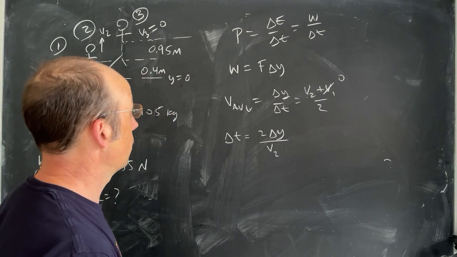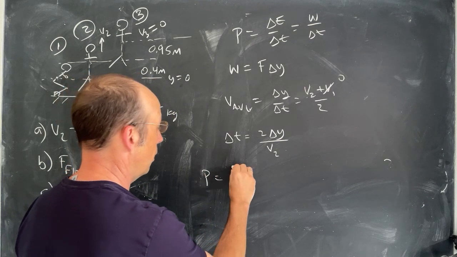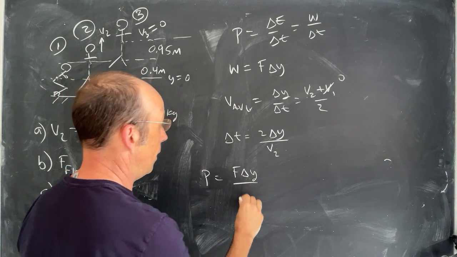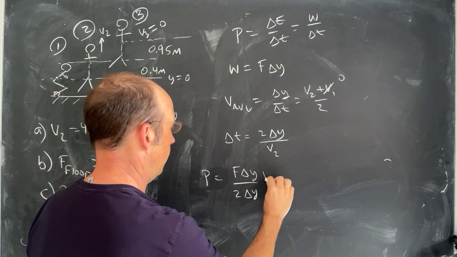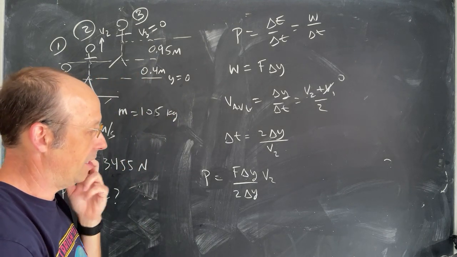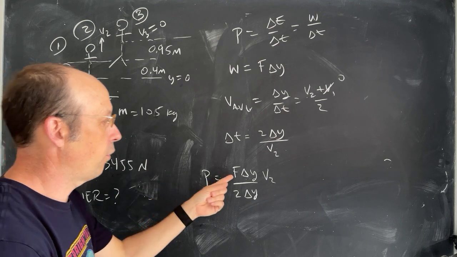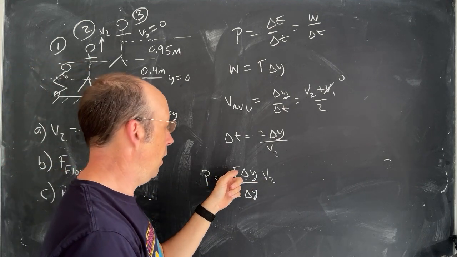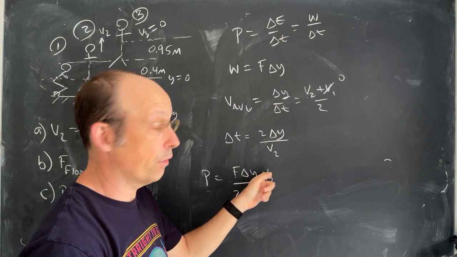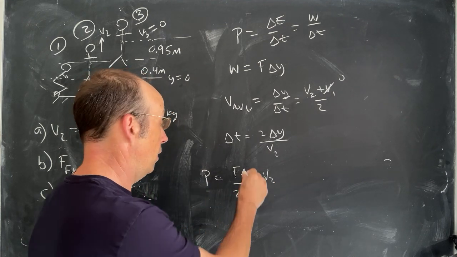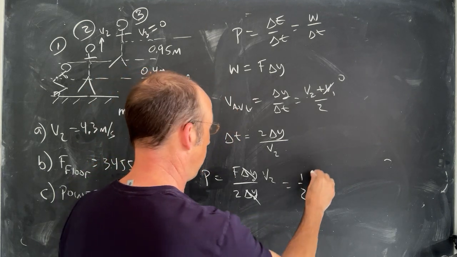Let's put it all together. So the power is the work, F delta Y, divided by the time, 2 delta Y over V2. The delta Y's cancel. I think that's okay because we know the velocity. And force times velocity gives us units of power. It does, right? Because that's newtons times meters is a joule divided by seconds is watts. So that's good. So I get 1/2 times the force